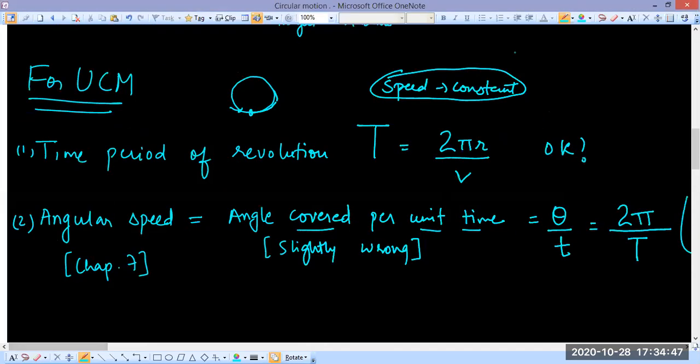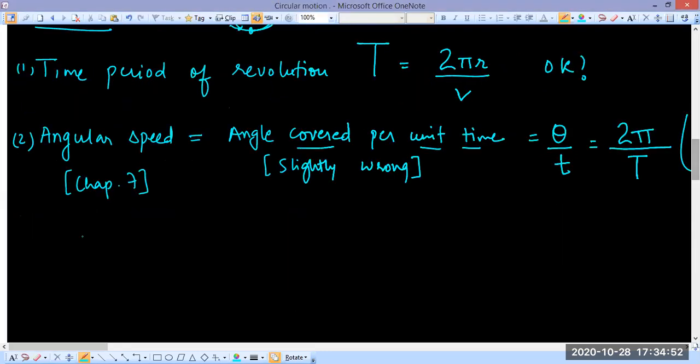હવે આનો સિમ્બોલ શું? Let's write its symbol. Symbol of angular speed is omega. આવી રીતે લખવાનું. So omega is equal to 2 pi by T. This is such a common formula. આ રીતે તમારો પીછો નહીં છોડે. કેટલા બધા ચેપ્ટરમાં આ યુઝ કરવું પડે. Omega is 2 pi by T, right? It is a very useful relation of physics.